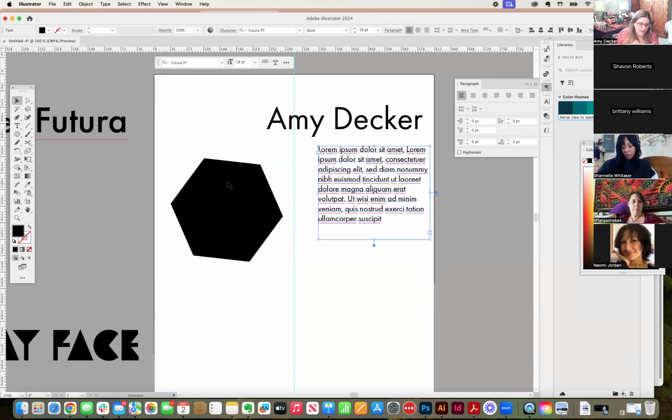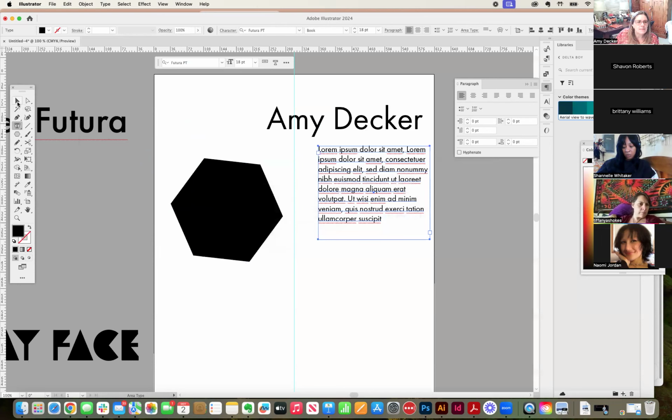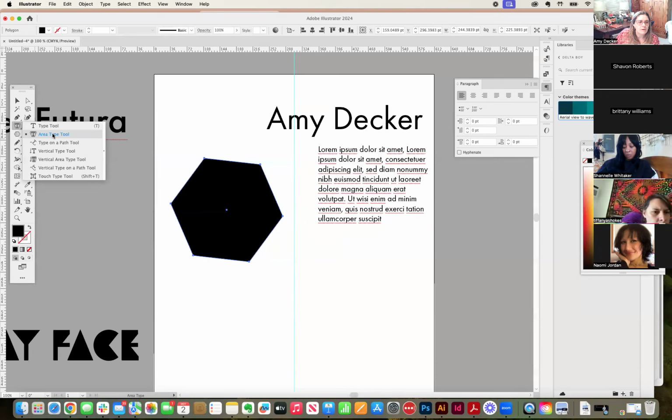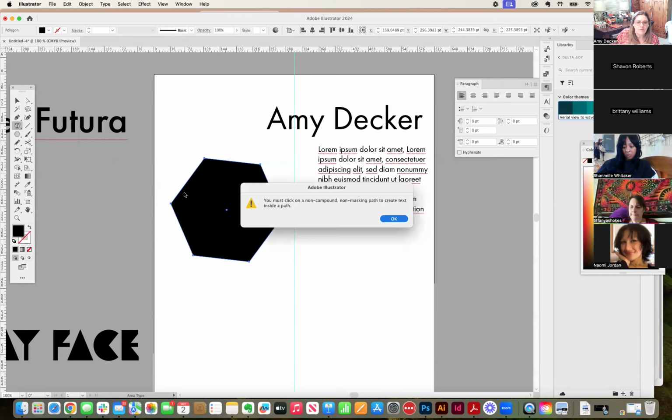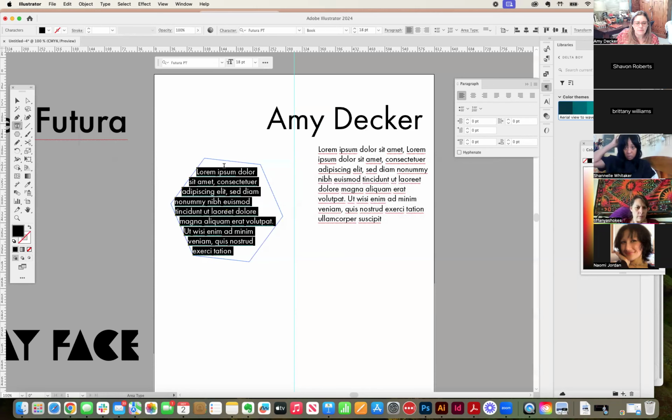And I want to put this type into this shape. So if we look over here, again, we have an area type tool. I'm going to click on that area type tool, and I'm going to click. Hold on a second. I didn't click on my shape. You must click on a non-compound, non-masking path to create text inside a path. And I did do that. There we go. I didn't hit the edge. That's what it was. You have to hit the edge of the shape. So here I've put my type in the shape,